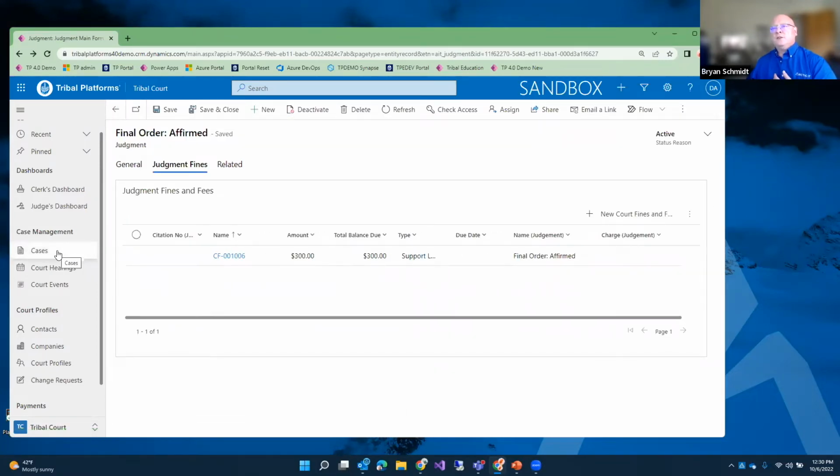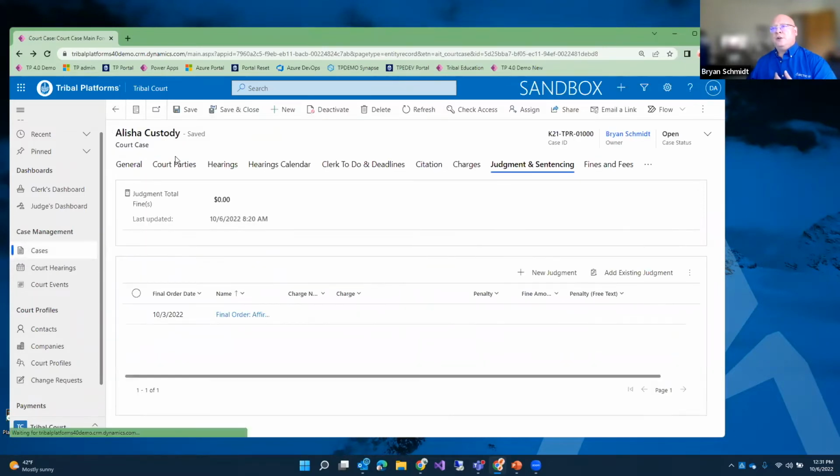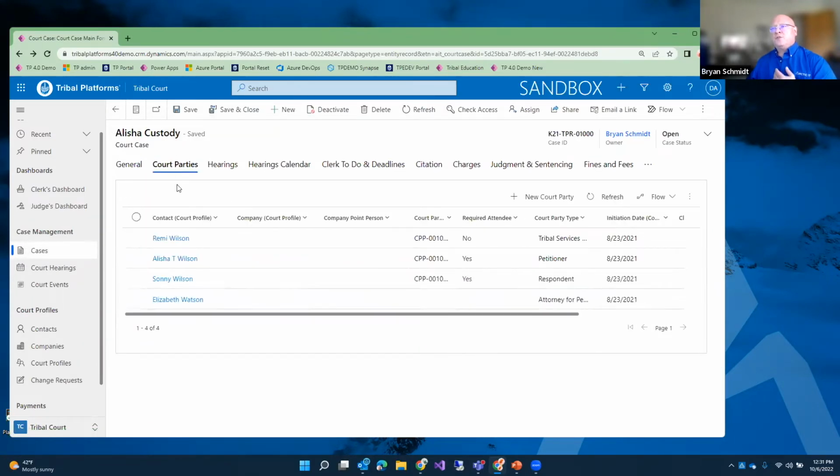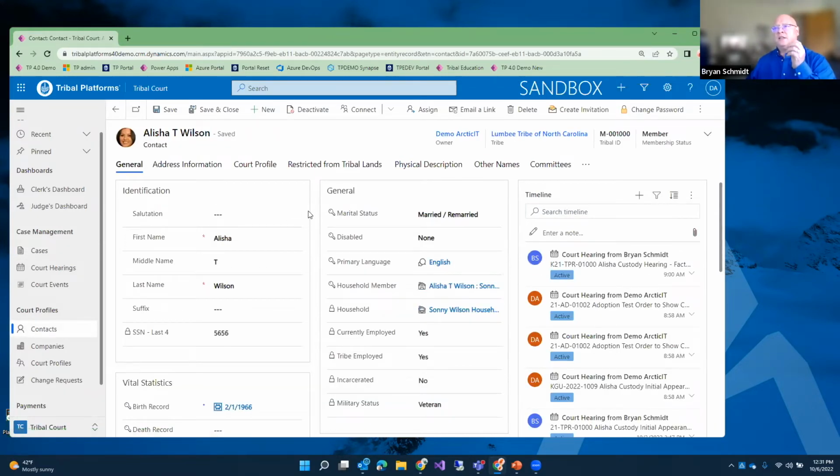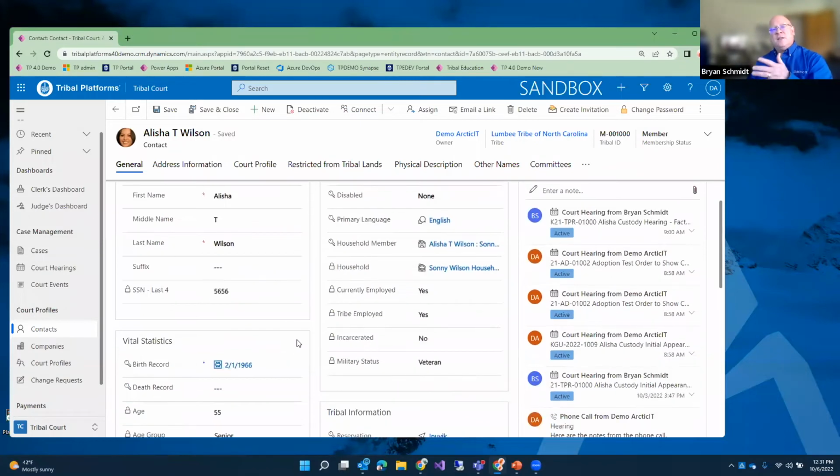All right. So one thing I do want to point out here, let's go back to, so now I can see this information from the court case. So all the people involved, the calendars, the citation, charges, judgments, and then we'll see a little bit more about some of the other features. But one thing I want to point out now is I actually drill into what's called a court profile. So I can see the contact person, and what I'm capturing is their name, maybe their social information. And again, this information may be available or shared with the enrollment team.